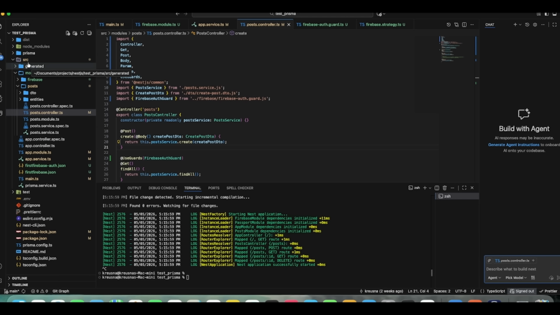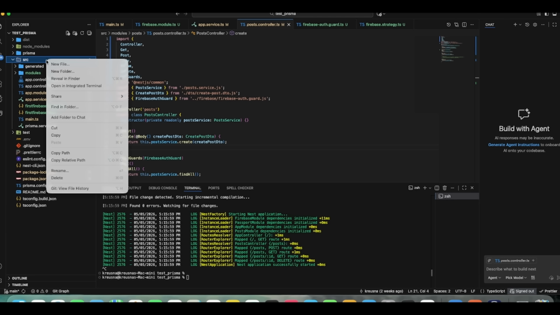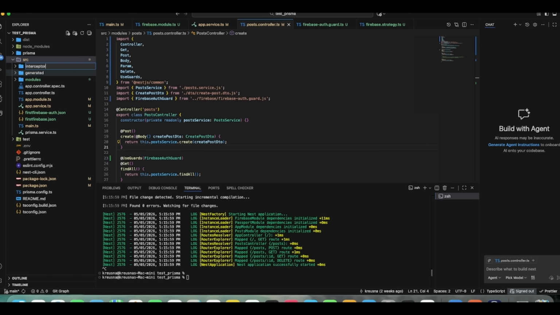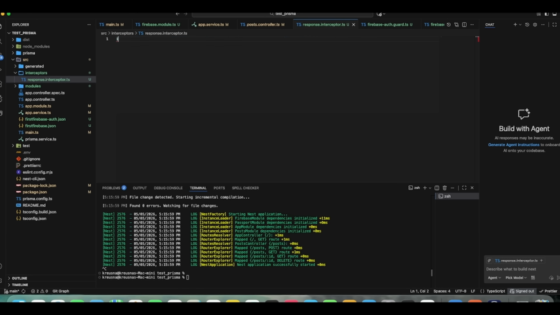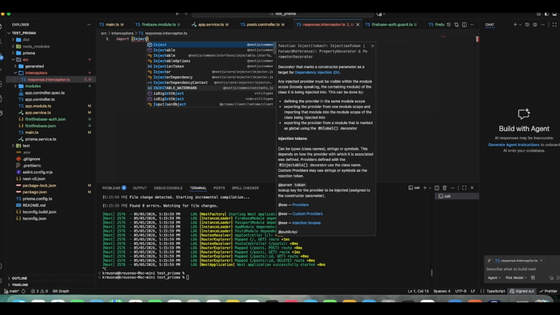Next, we implement a response interceptor to standardize our API output and handle logging. This allows us to transform the data stream before it reaches the client. Start by creating a request-response.interceptor.ts. We import the core interceptor utility from the NestJS common package,